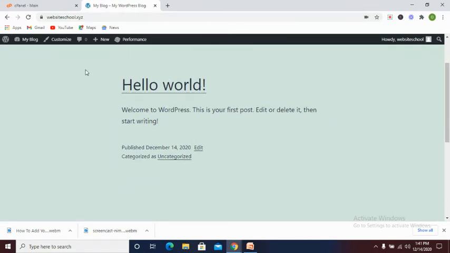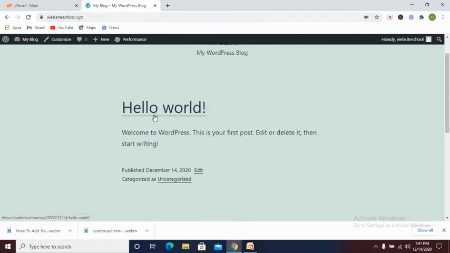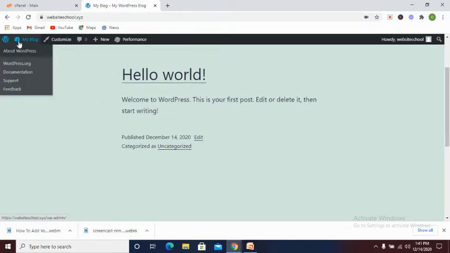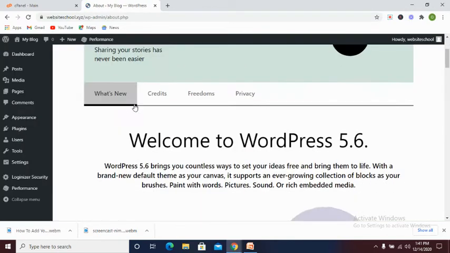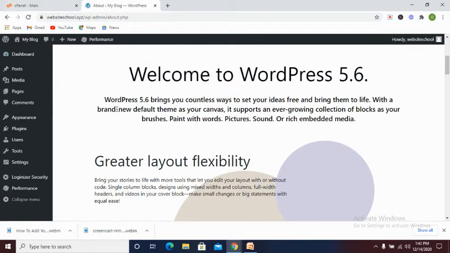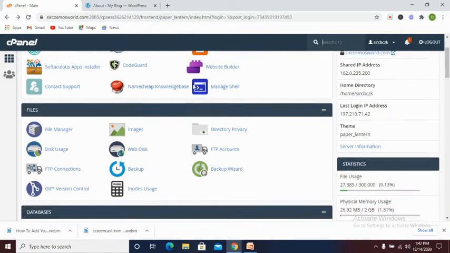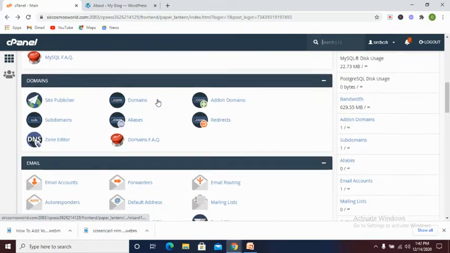Now this is our website, which is websiteschool.xyz. Now I want to delete this WordPress we've installed. All we need to do, let me visit my backend so you see it. You see this is a WordPress website. All you need to do is to visit your cPanel, and in the cPanel you scroll down to the Softaculous